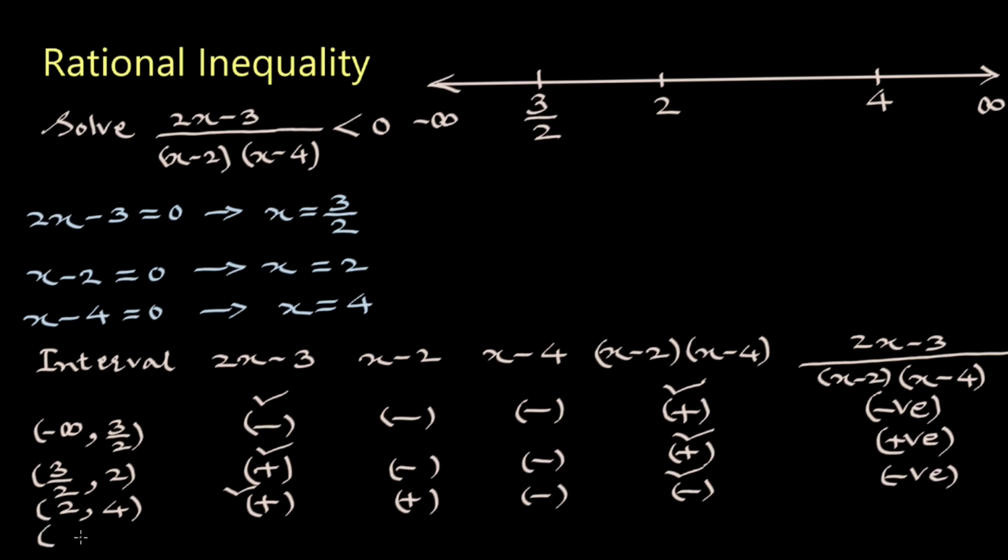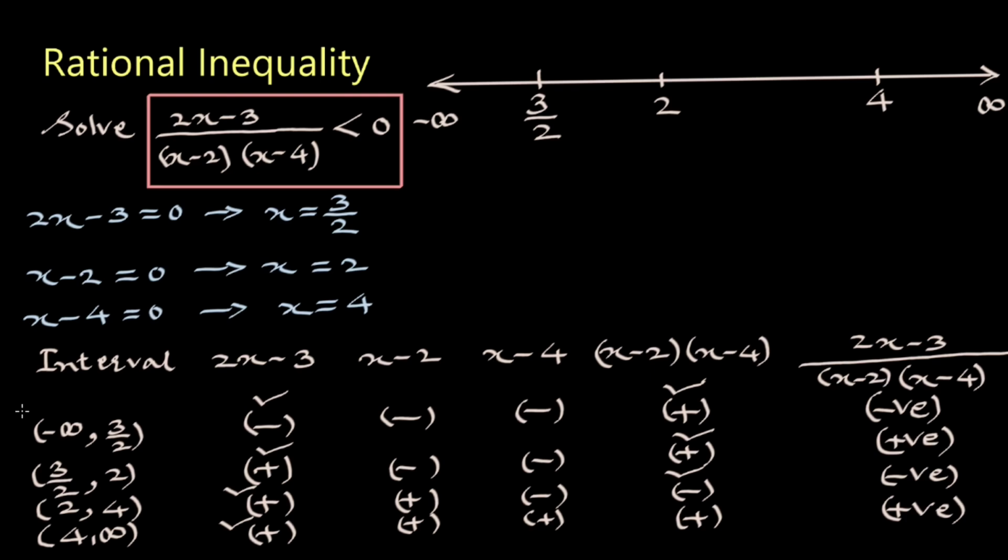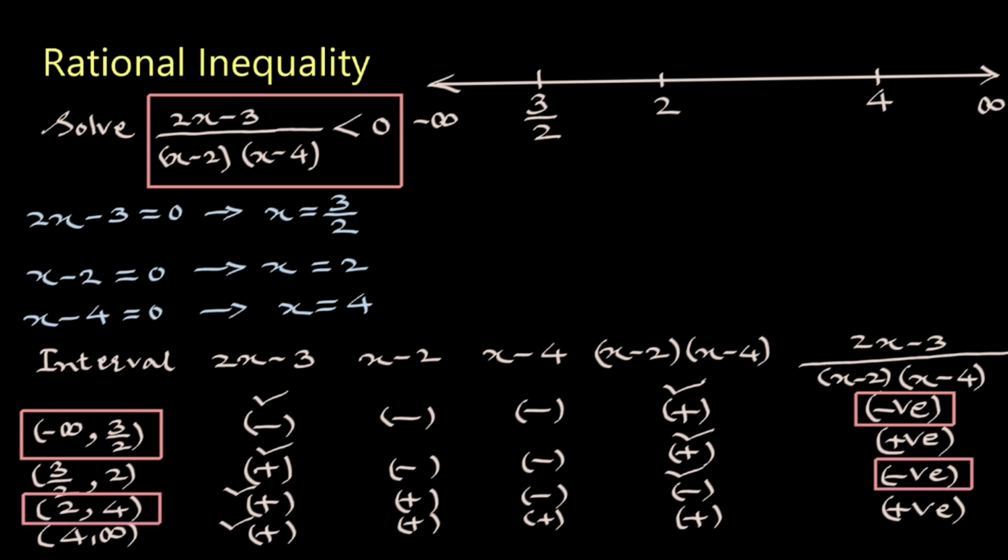And finally, interval 4 to infinity: if 2x minus 3 is positive and x minus 2 and x minus 4 both are positive, then since the numerator is positive and the denominator is also positive, it will give the function positive. So the interval satisfying this inequality is minus infinity to 3 upon 2 and from 2 to 4. So the solution set will be the union of these two intervals, minus infinity to 3 upon 2 union 2 to